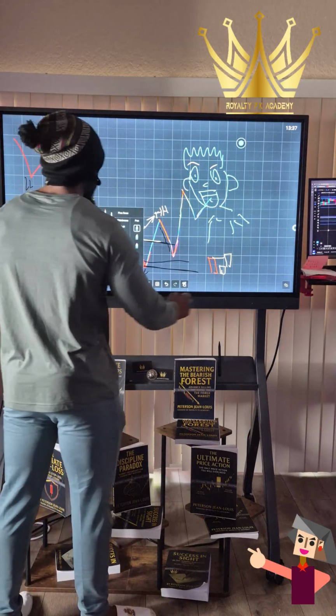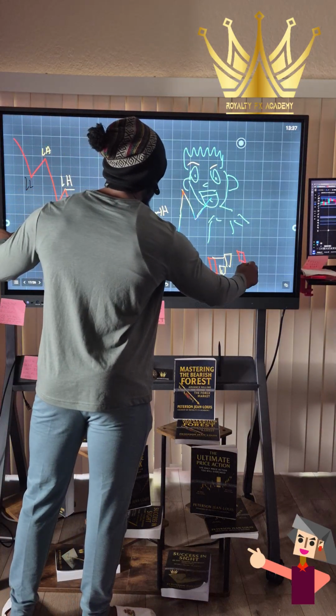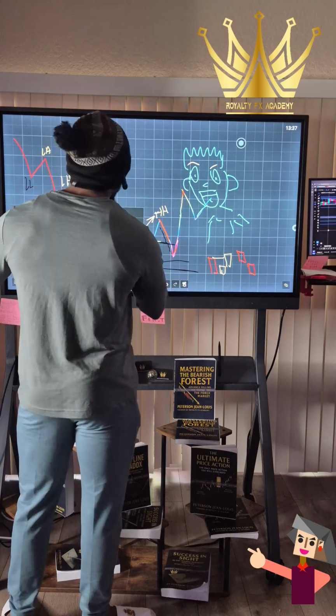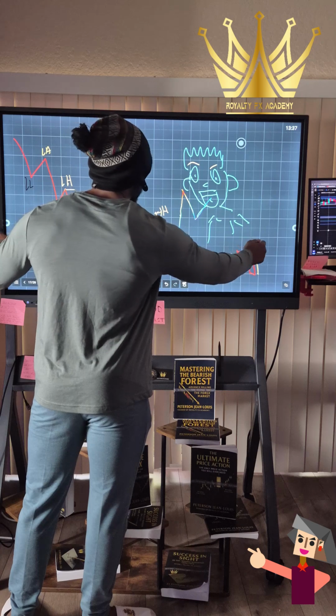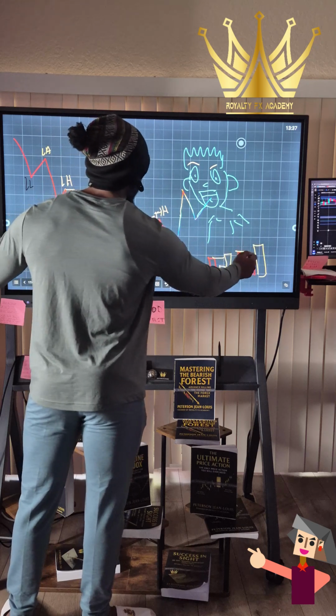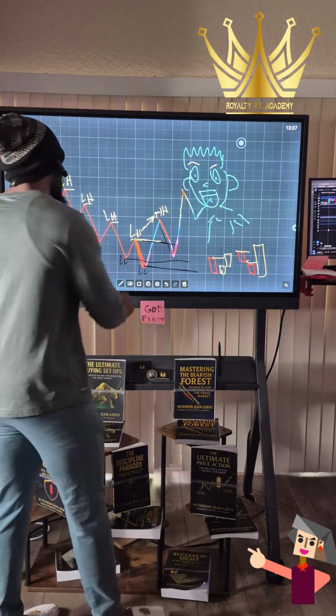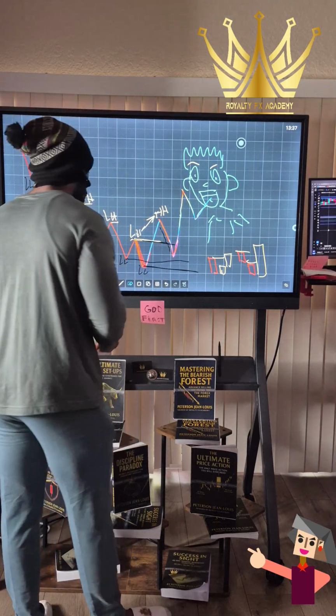Sometimes you get this variation here, right? Sometimes you get one bullish candle that engulfs the last two selling candles, or the last two bearish candles. See that? It engulfed the last two. All right. Just so we understand. So again, different variation. I want to mention that one more time.